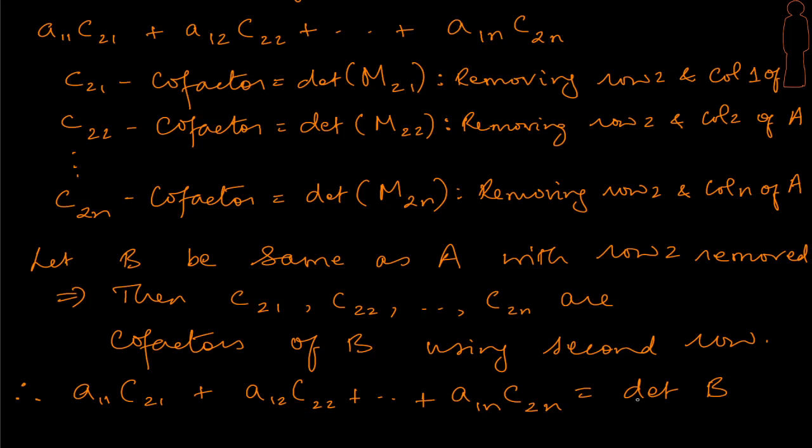So this is same as the determinant of B. This formula that we wrote above is now turning out to be the determinant of a new matrix called B, where I have placed these elements A11, A12 and up to A1n in the second row of B. Okay, what does that tell us? It tells us that B has got two equal rows. How did that happen? The first row of B will naturally come from A, which is A11, A12 up to A1n. And what did we just do? The second row that has got a vacancy here, we are replacing it with the first row of A, which is A11, A12 up to A1n.